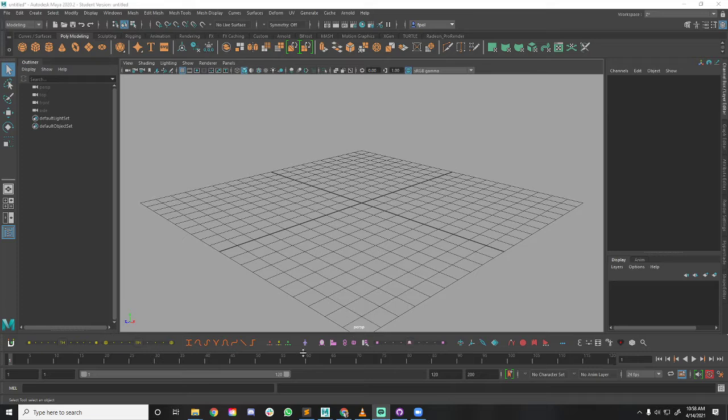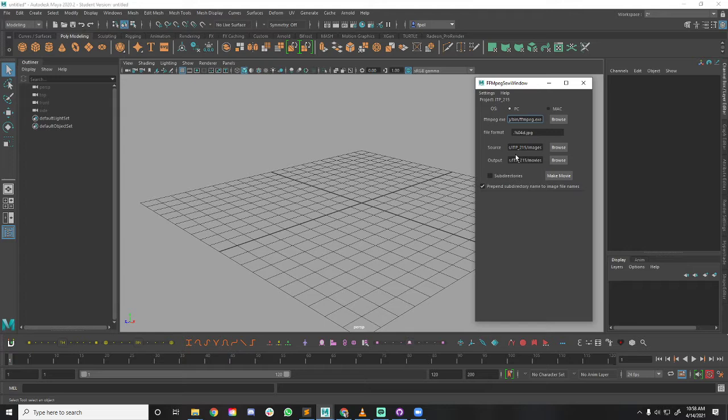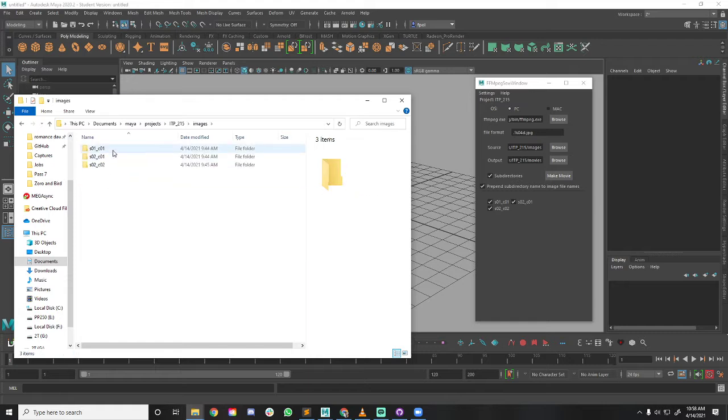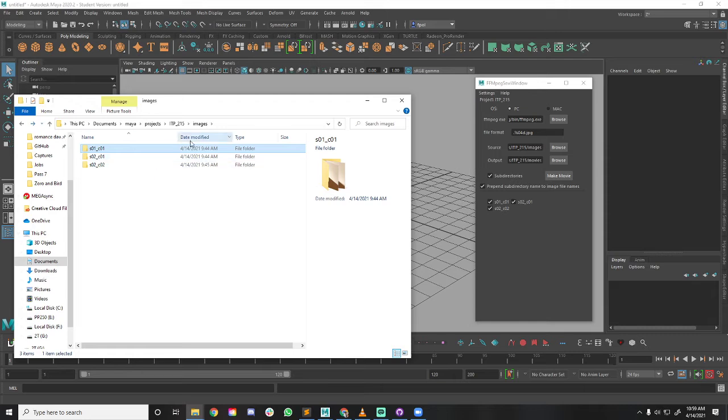I'm going to be showing you how to use this script I wrote called FFmpegSo or FFmpegStitch. As the name suggests, it uses the software FFmpeg to stitch together any images you may have rendered from Maya into movie files. And using this functionality down here, it can even take multiple directories filled with images, and stitch those together into movies, and then stitch those movies together into one large movie made up of all